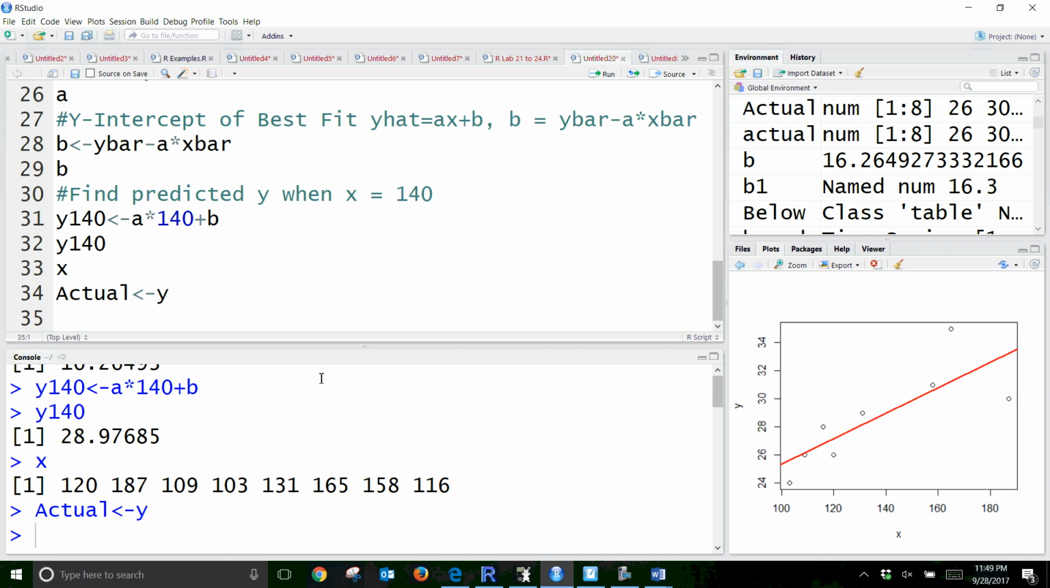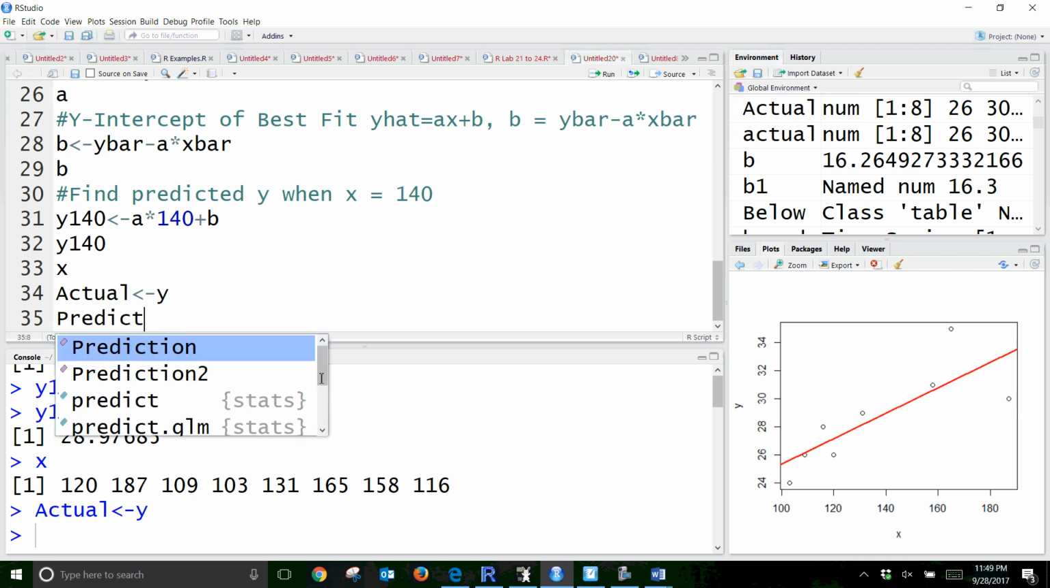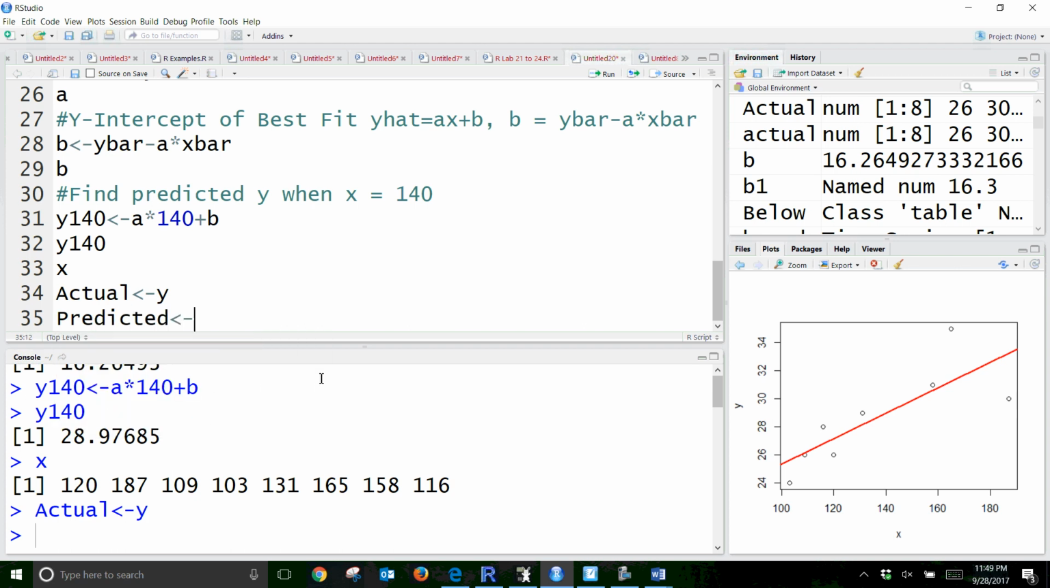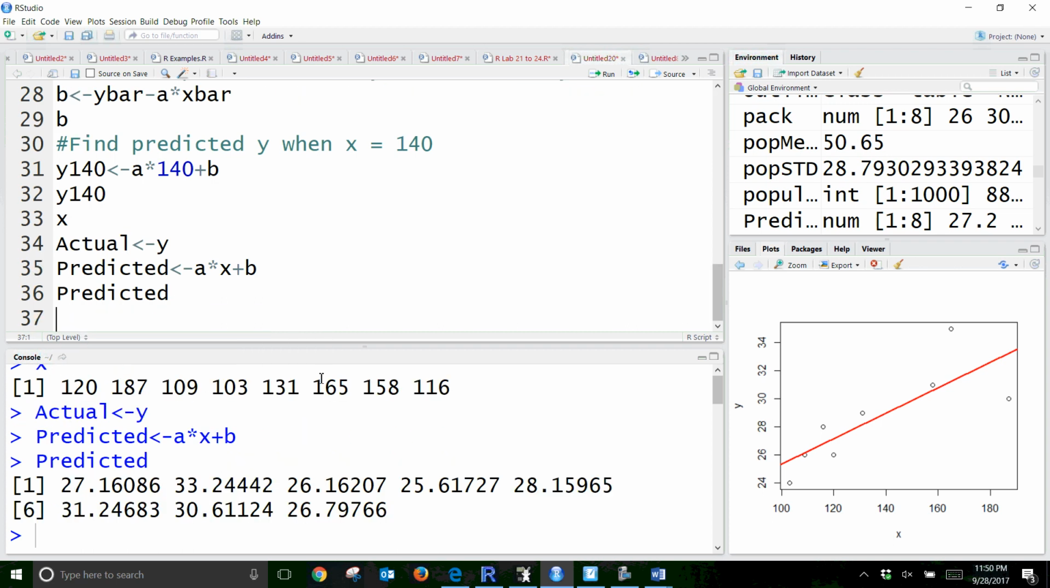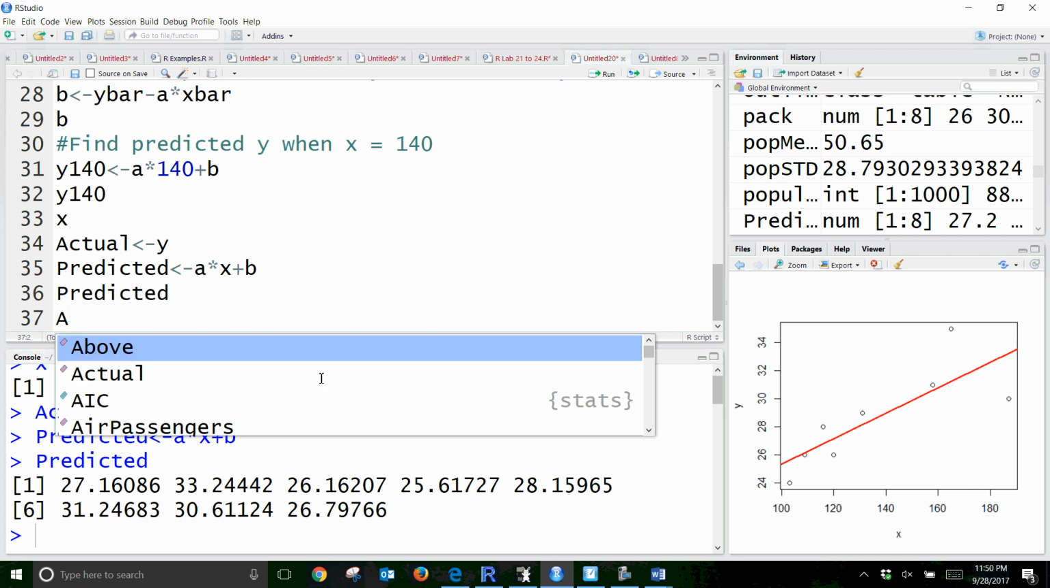Okay, and then I'll say predicted, which is going to equal A times X plus B. So remember that R does vector arithmetic. So if I send a vector into this equation, I'm going to get out a vector, and each of those are going to be the predicted values with the corresponding X. Let's see what that looks like. Okay, so those are my predicted values. And again, I have my actual values